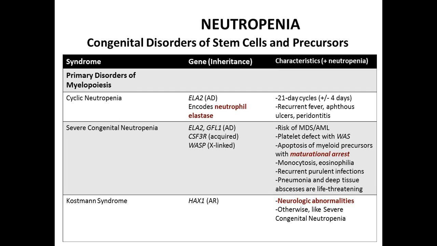The board seems to really ask a lot about this 21-day cycle plus or minus 4 days. I don't know. I think it's sort of like when they ask if a toddler is 9, 10, or 11 months, if they can do pincer grasp. I think there's a bit of variability, but the question is there. 21 days is the right answer.